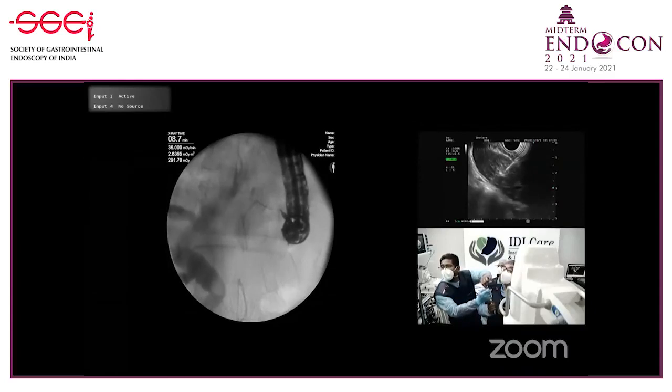See, even when we know the path, this is going into different radicals. You understand? So that is why injection of contrast is very important. Just blind passing, probably in distal CBD is okay for benign strictures. But for others, I think we are in the right radical now, based on the X-ray.